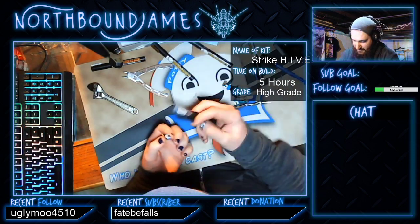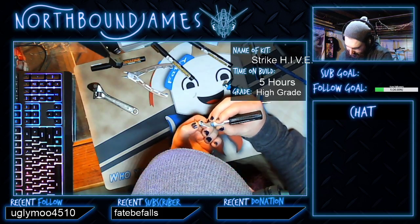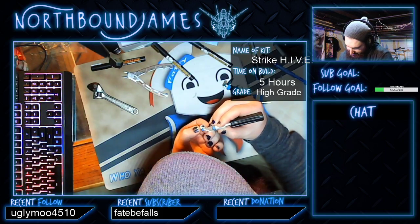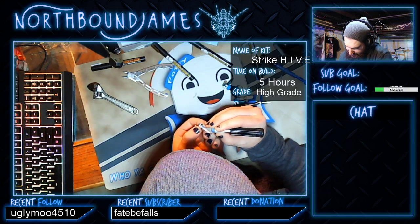Alright, well, the getting's good. Better scrape off this white on the cheeks. I really like these cheeks. I might paint them red for the Pikachu effect, but I hate Pikachu, so